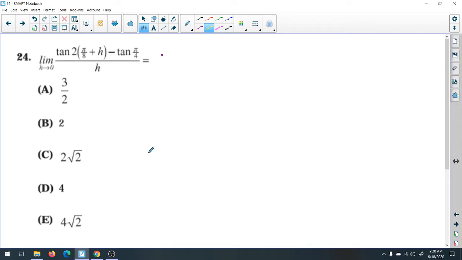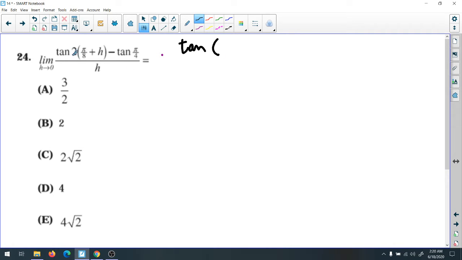Given a question in an AB calculus test: the limit of tangent of 2 times (pi over 8 plus h), minus tangent of pi over 4, divided by h, when h approaches 0. So first, if you see a number here, we could distribute this number. So the function will be tangent